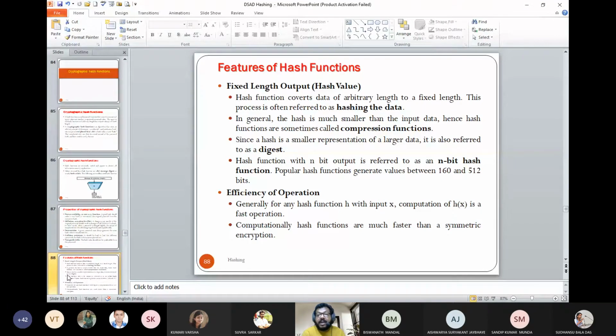Computationally, hash functions are much faster than symmetric encryption. In a typical encryption algorithm, it takes more time because you are keeping the data, or maybe you try to store a document using symmetric encryption, and it takes hours together. You can appreciate that your information is more secure, but here the person tried to log in and wants a faster function. So these are the properties.